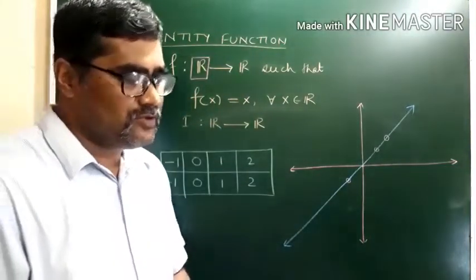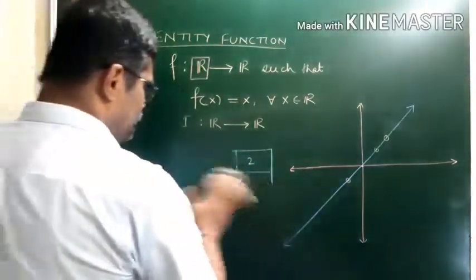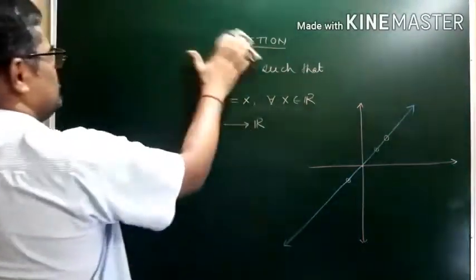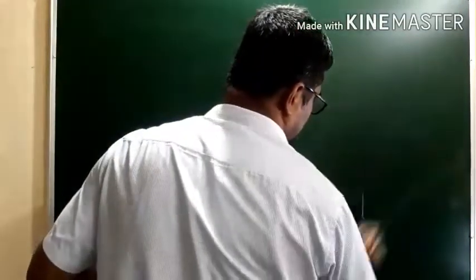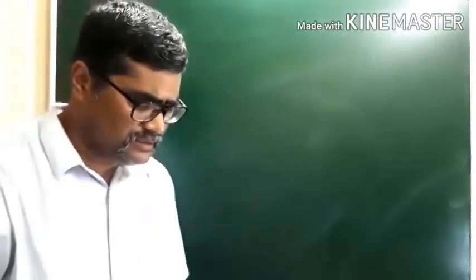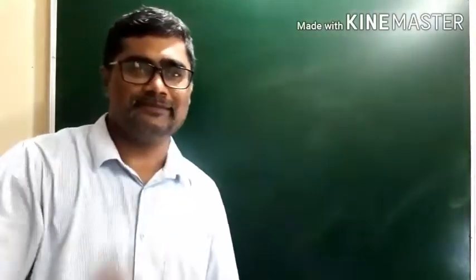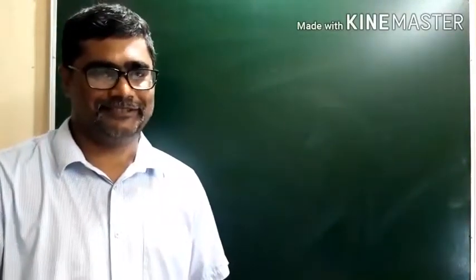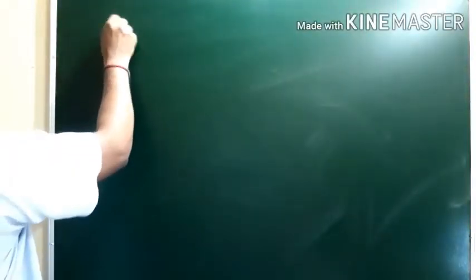Now let's go for constant function, right? We'll be going for constant function. Let us try to understand what is a constant function. Constant function means no matter whatever is the input, you will be always getting a fixed output, right? Because of that it is called to be constant, right? So let's see. This number 2, suppose